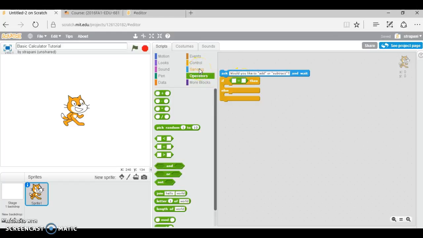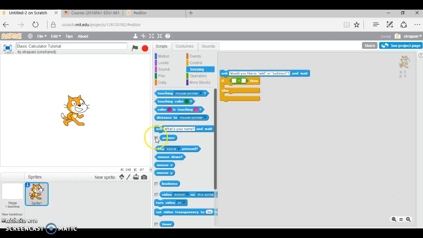So if I want to get that answer, whatever the person inputted, I'm going to go to sensing, and I'm going to go over here and check where it says answer. And that's going to allow the user, whatever they type in their answer as, whether it's add or subtract, it's going to save that answer. And I'm going to drag the answer right into this first bubble. So if my answer equals add, and I can simply just type that in,